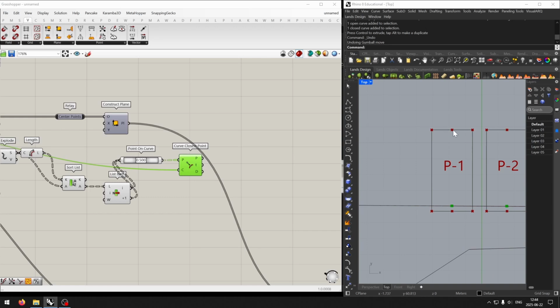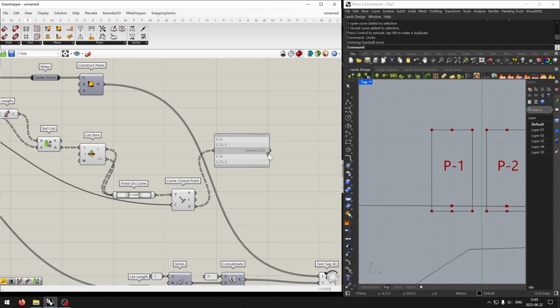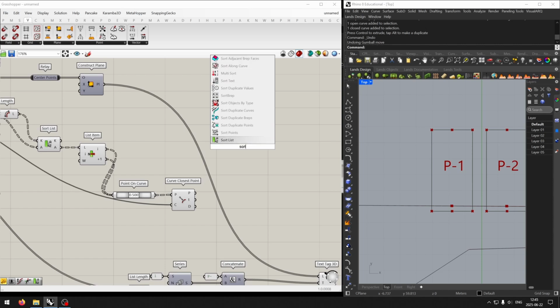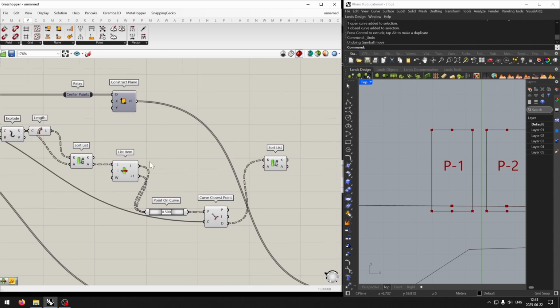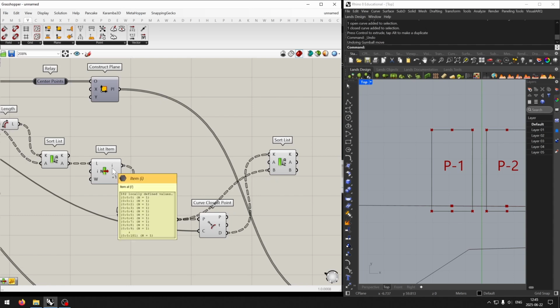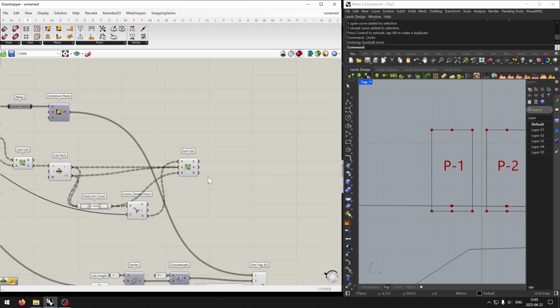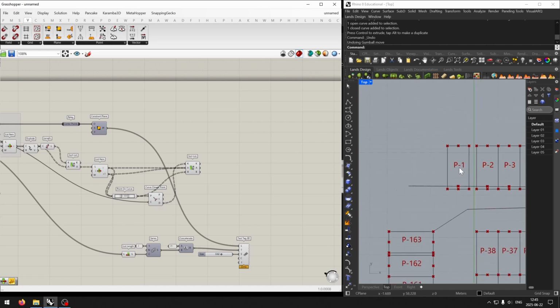Sometimes the list will not be sorted in any way. Sometimes the point will be the closest one, sometimes it will be on the opposite side. So we will sort the list again by distance. We will need our points and also our lines. Now that we have this sorted list,